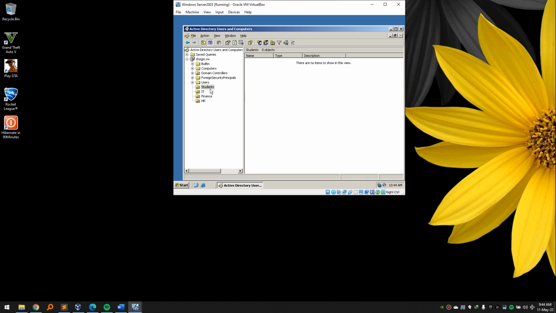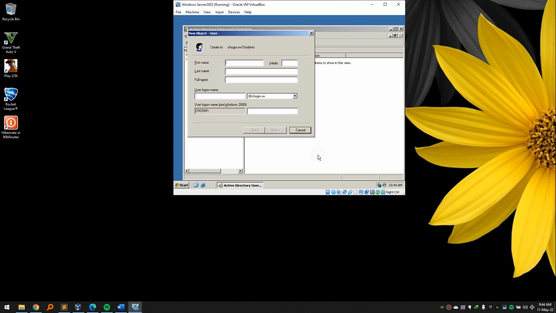Mainly we are going to focus on students, so there is nothing to do in IT or finance, but also we're gonna create the users. So users, let's create student, student one, student one. Click next. So the password I'm going to use,